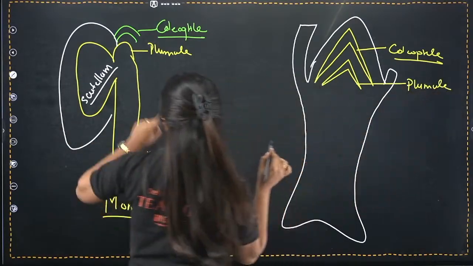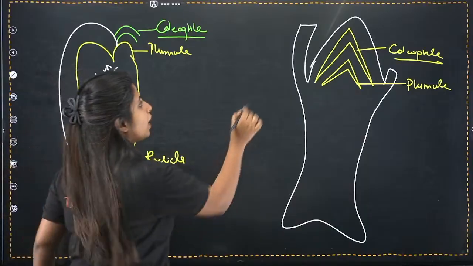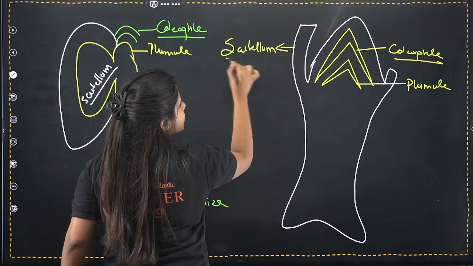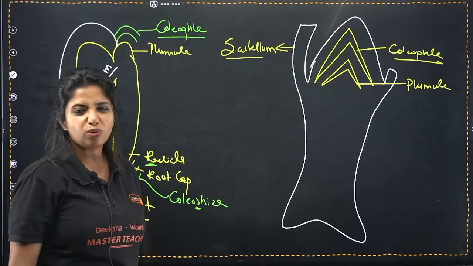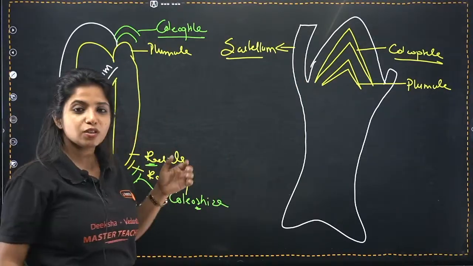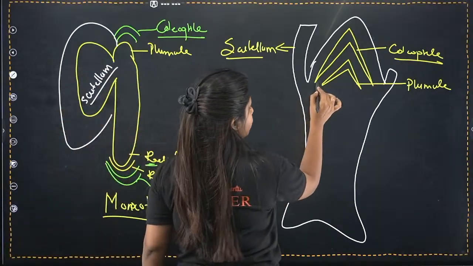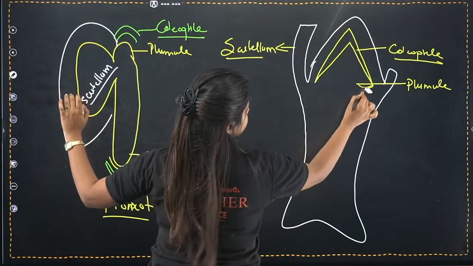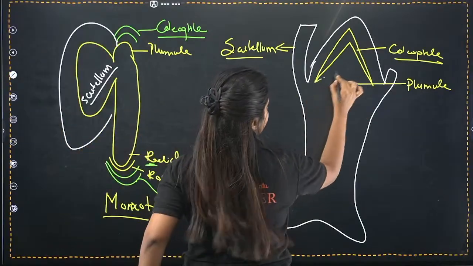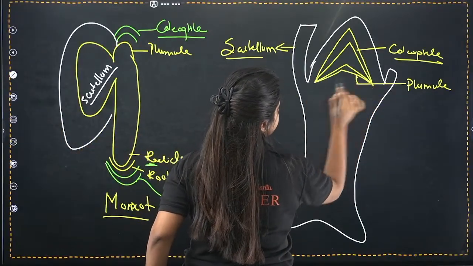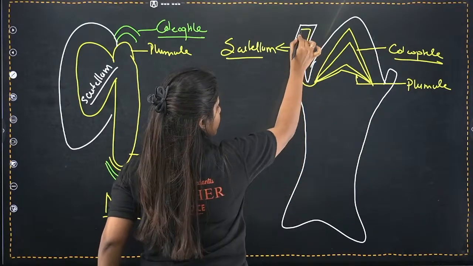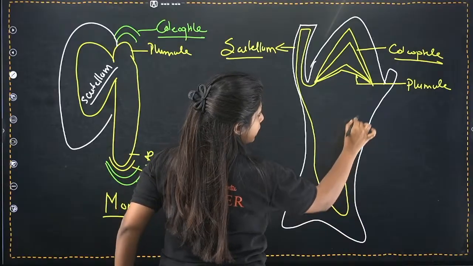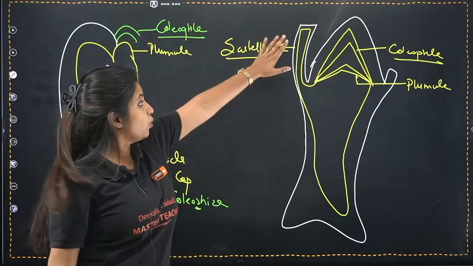Okay, ma'am. So then you should be having scutellum on this side. Yes, you have scutellum. This is basically the scutellum according to your NCERT. This thing that you see is the scutellum. Okay, ma'am. Now for understanding this, what should I do? Very, very simple. Listen to me very carefully. So this part and this part, you join it up. I'll just erase it and make it in a bit better manner. So here you have the plumule. It goes, join up here, take it back over here, go to one tail, bring it back and join it up over here. This was your scutellum.